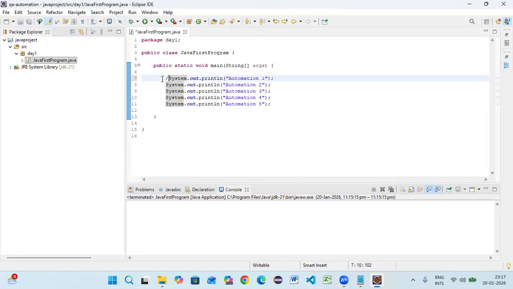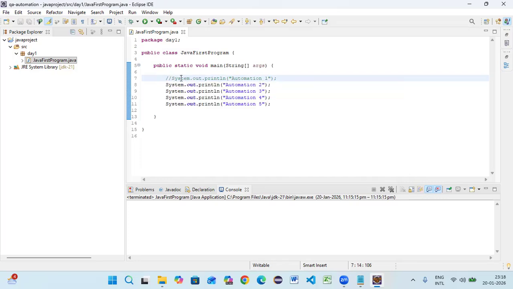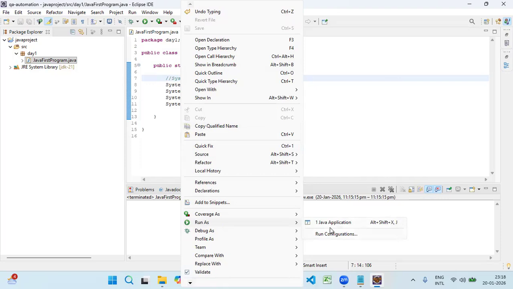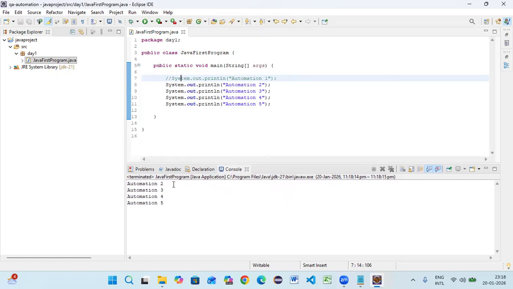How can I comment? Using double slash. If I write it like this, you can observe the color of the statement has also changed. Okay, and this is not an executable statement now. Line number 7 is not an executable statement because we have commented this. If I execute, line number 7 won't get executed. It has not been printed. You can see it has printed from 2, 3, 4, 5, but 1 has not been printed because I